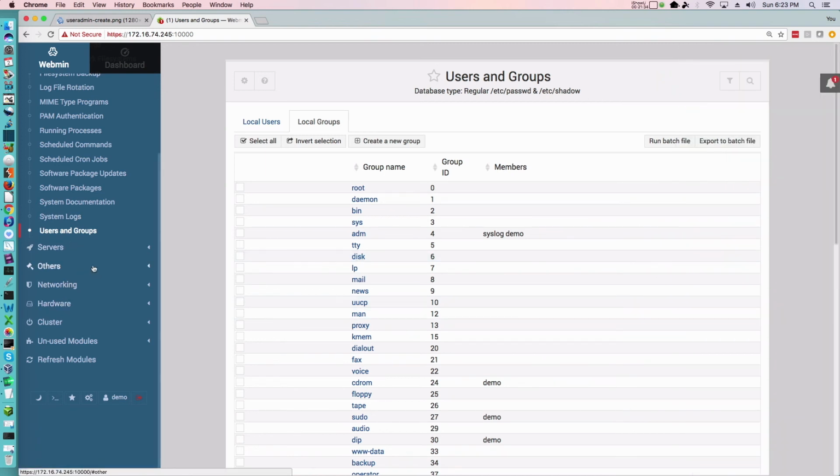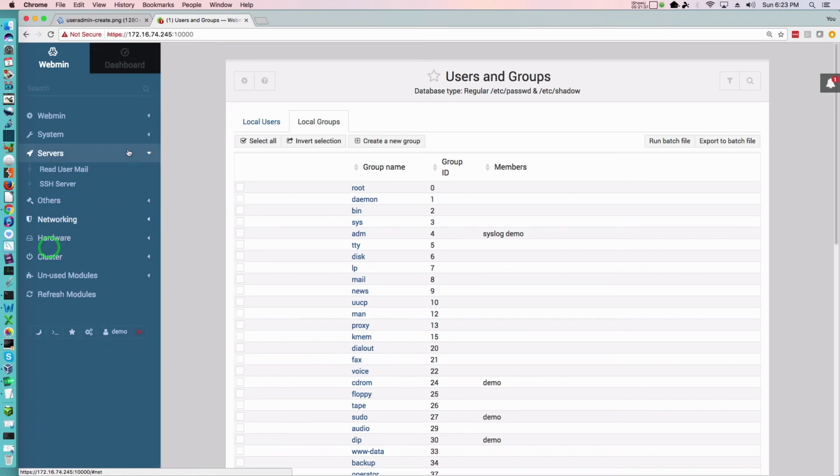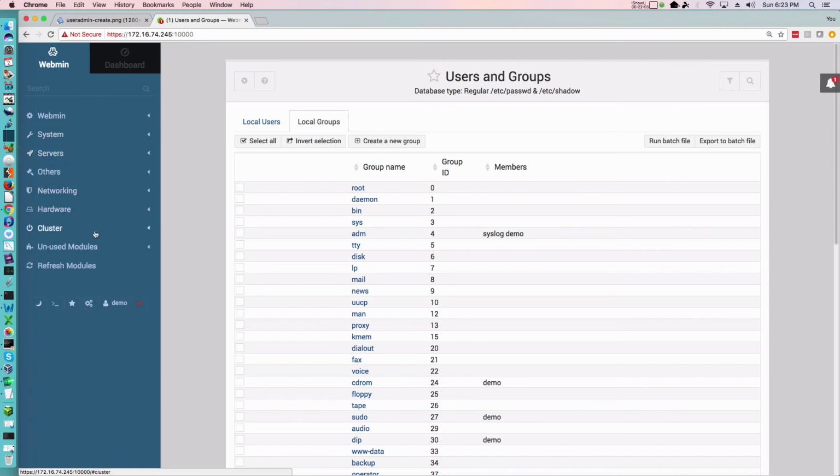You come back over here to the left side, and under servers you can see that all we've got is read user mail and SSH server. I generally don't install much beyond that in the initial install in Ubuntu Server, since it's so easy to install it later on. If we jump down here to Unused Modules,